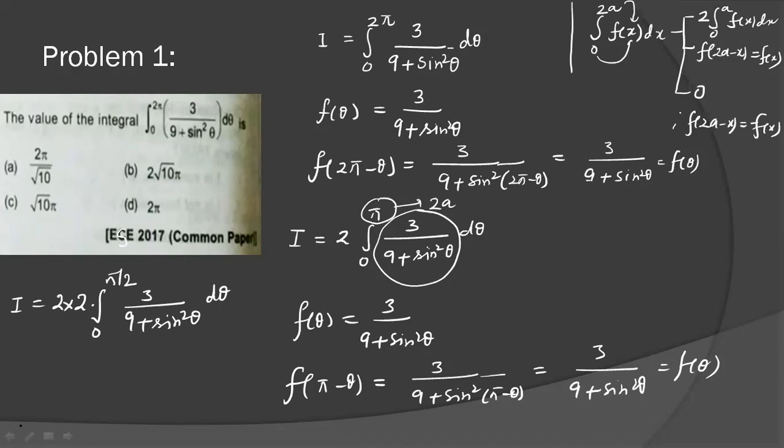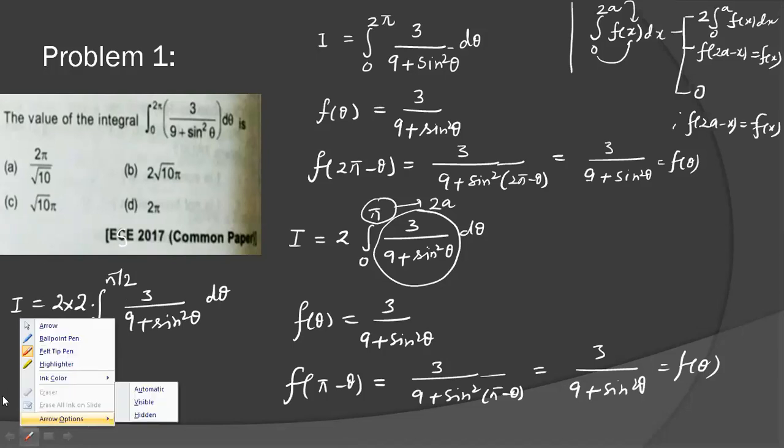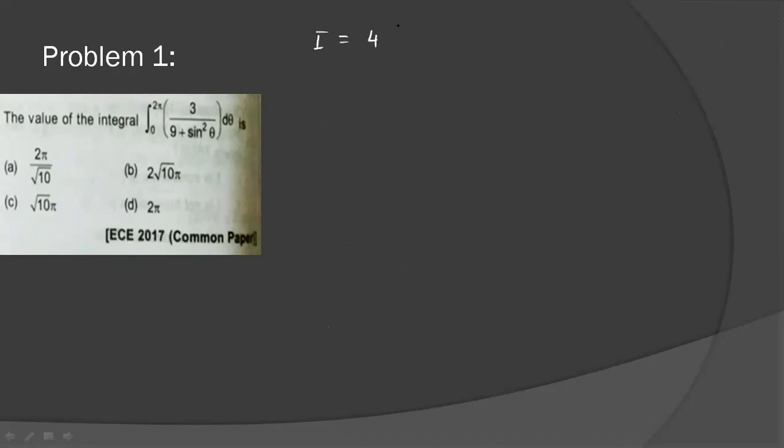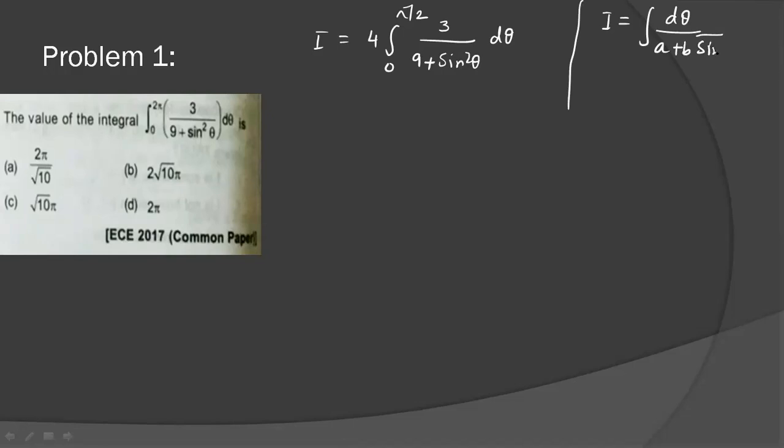So the reduced integral is 4 times the integral from 0 to pi by 2 of 3 over 9 plus sine square theta d theta. So I told you in lecture 21, if you have integration in the form of d theta over a plus b sine square theta, or d theta over a plus b cos square theta,